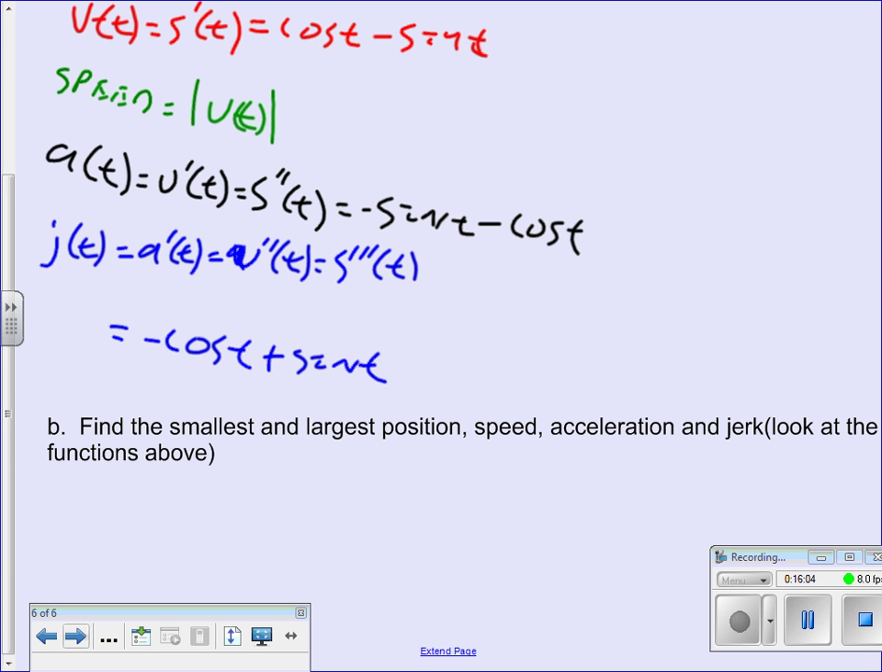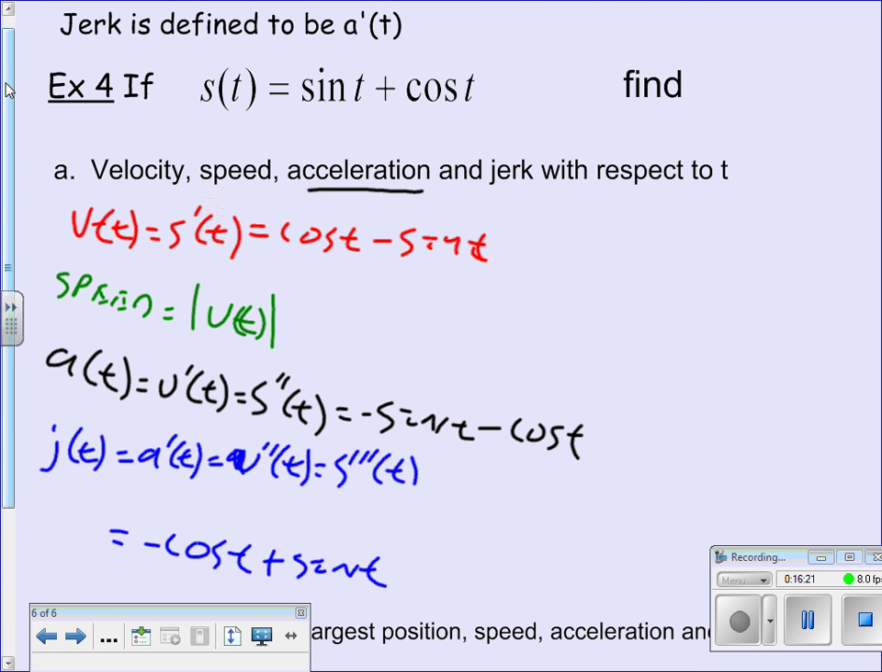Okay, so part B, it says find the smallest and largest position, speed, acceleration, and jerk, and so on. So here's the thing, and there's a few ways to do this. If I look at the original one, sine t plus cosine t, the largest and smallest possible values, if I add those two together, I have to look at what's going on with those two functions. Now, the easiest way to do this